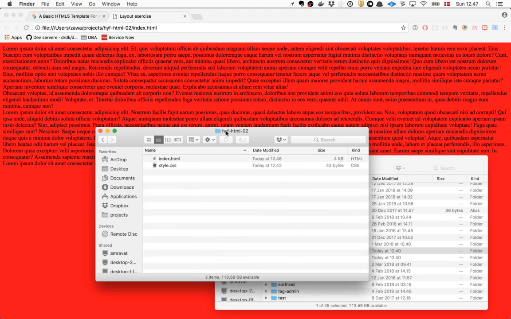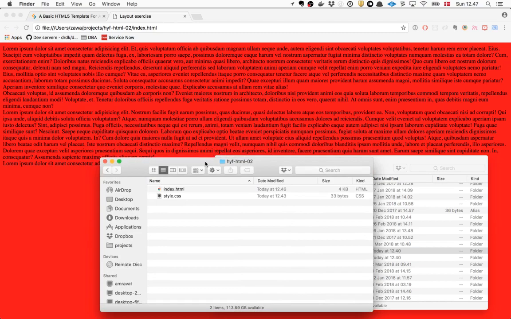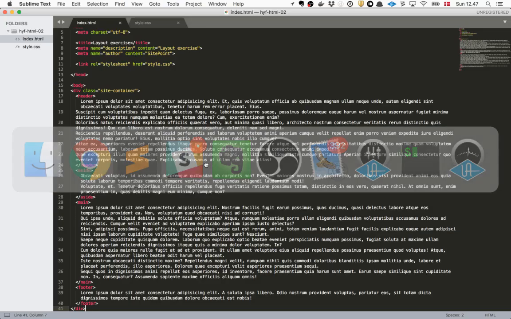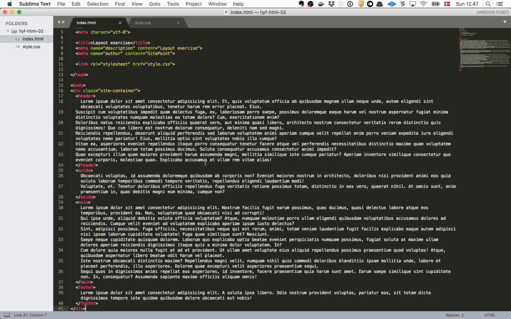So whenever you start a new project, you can just use this. This is like a skeleton. So you can just copy paste, duplicate. All good?